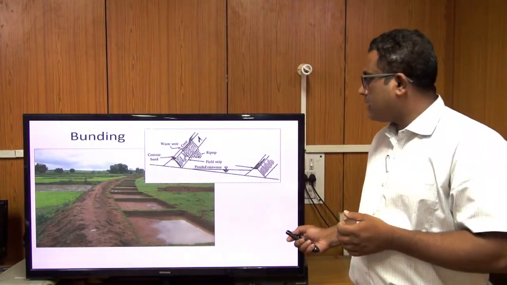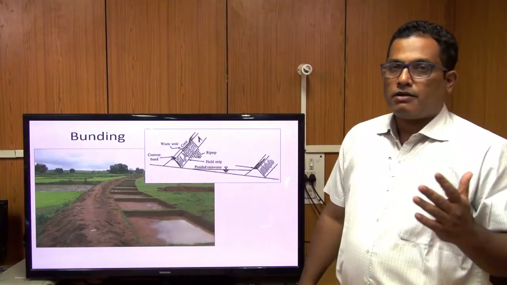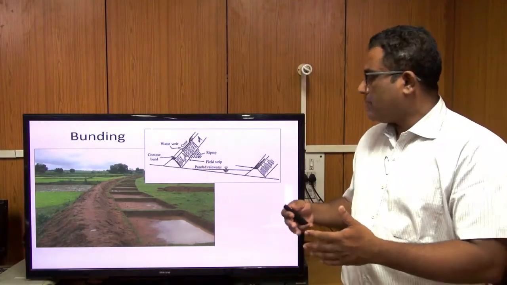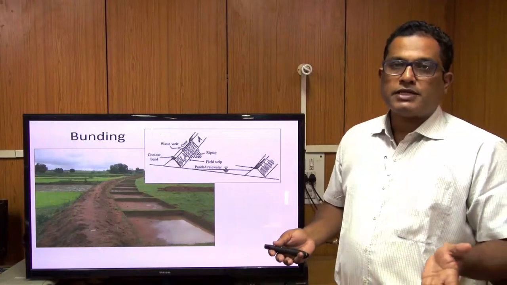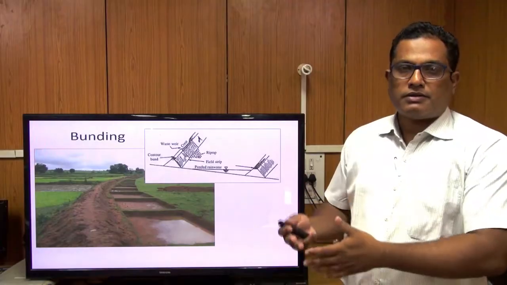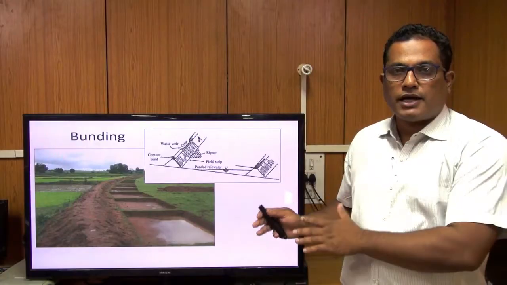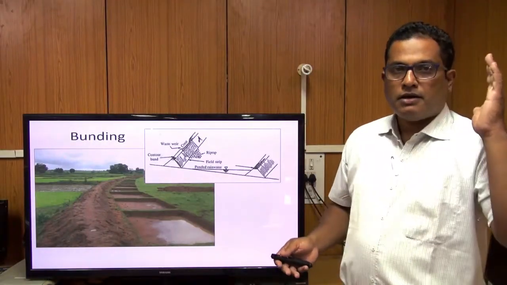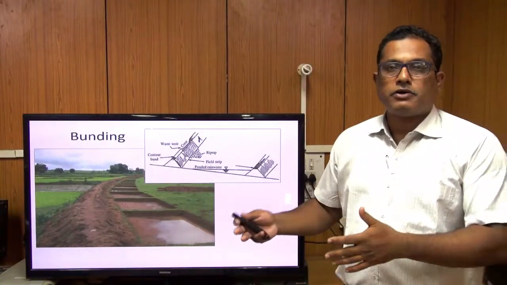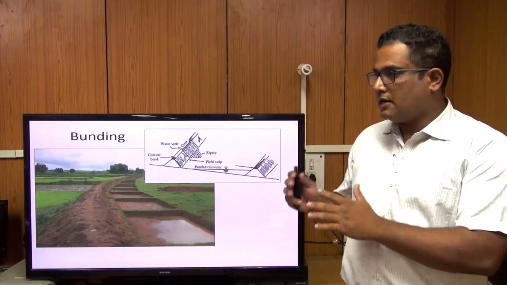So a bund basically consists of an embankment which is trapezoidal in section. Don't be very particular about words like embankment and cross section. Basically, a bund is something which has been constructed from times immemorial. Whenever agriculture was done, it was always on a plain, on a leveled surface. For that, bunding was very much required. It has been continuing from our forefathers. In local language we call it made. This bund is nothing but made, and it's an embankment with